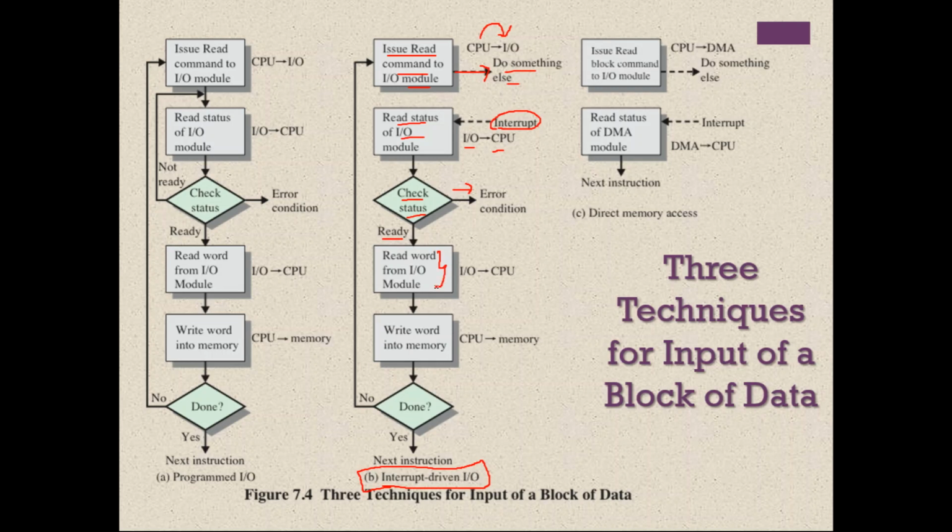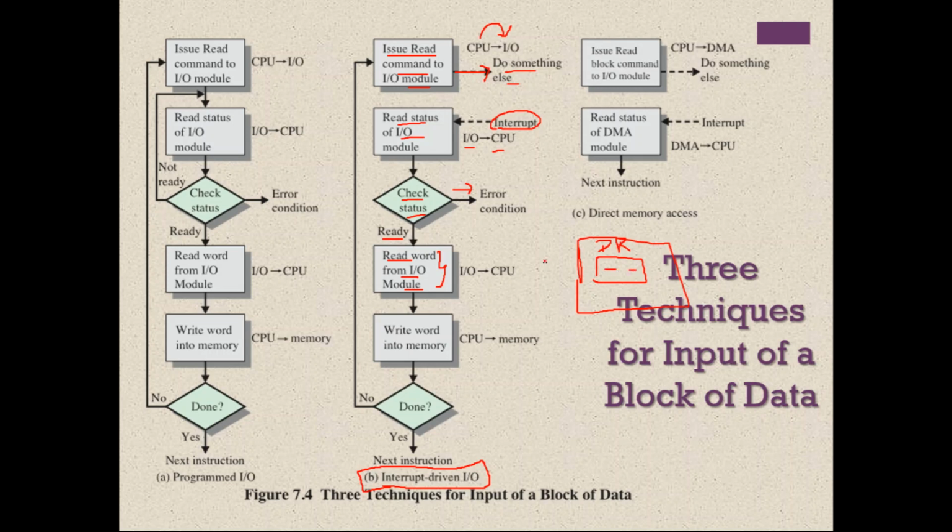So the CPU reads the word from the IO module. Or you can say that the CPU will place a request. The CPU got the interrupt stating that IO is completed, and the CPU checks whether the status is ready or not. It's ready. Now the CPU may place a request: IO is completed, give me the data. Because the command issued was a read command, right? So now the data is available in the data register of the IO module.